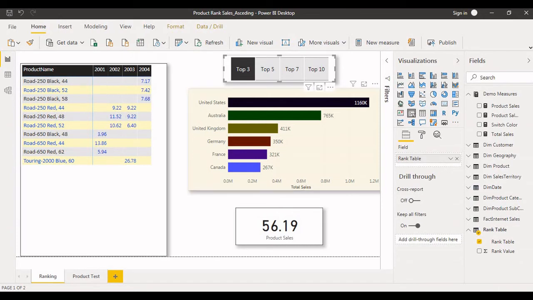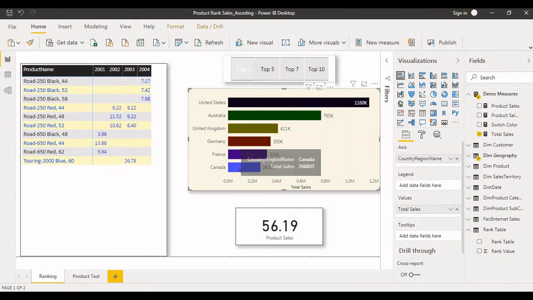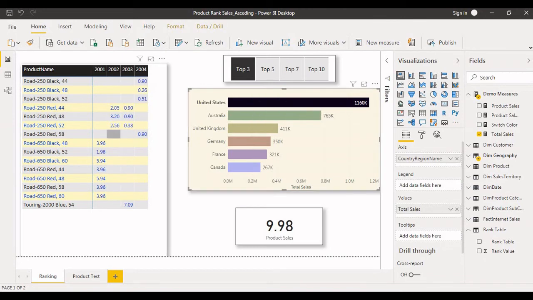We can also filter based on each country. For example, if you want to see the top 3 products each year with respect to the country, just click on that. Now you can see that even though we selected top 3, we got 6, because many of the products have the same sales in the current year with respect to this country.